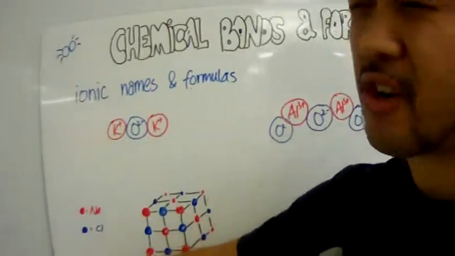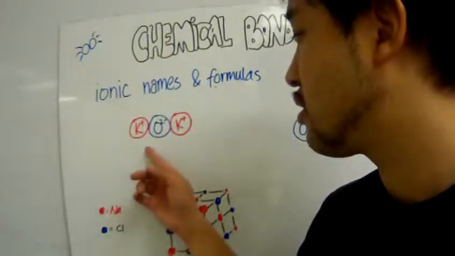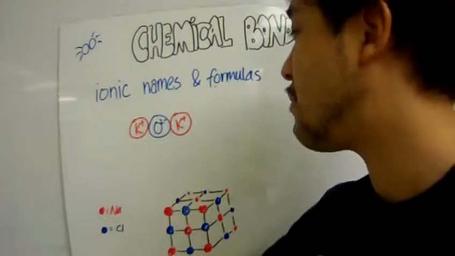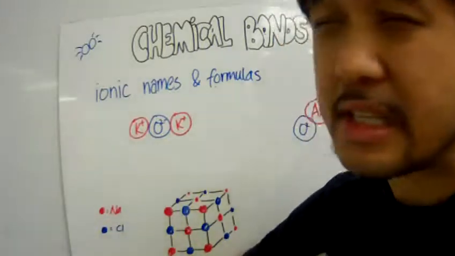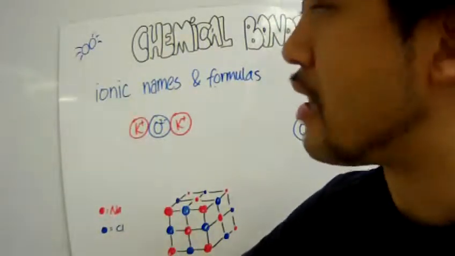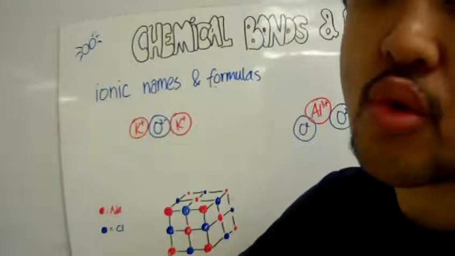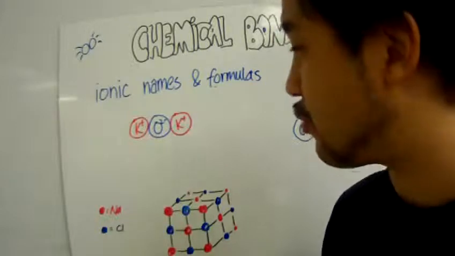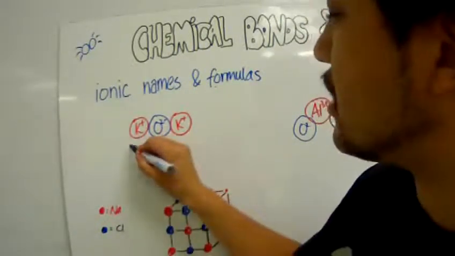Here we have a diagram, a model representation of a particle having potassium and a particle of a charged oxygen. And so what we can decipher right away is that they are 2 potassium ions bonded to 1 oxide. And so the name of the ionic compound would be what we've learned already. It would be called potassium